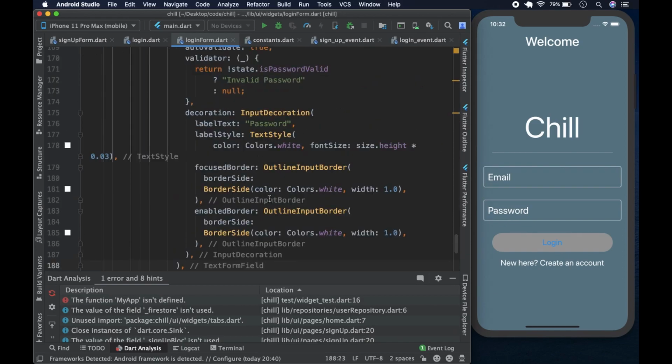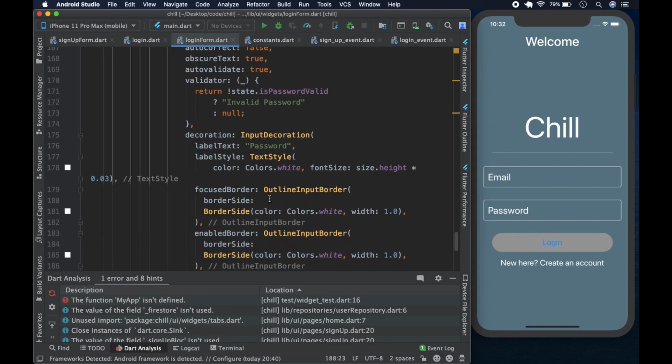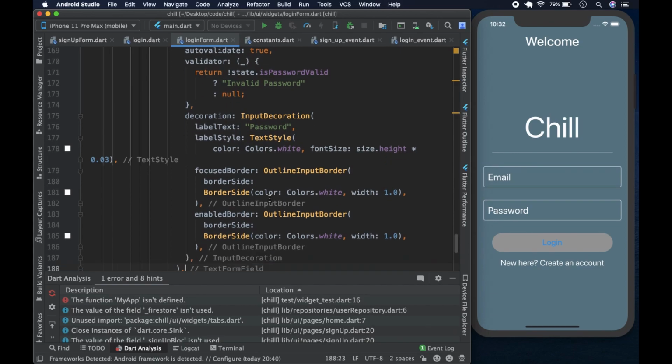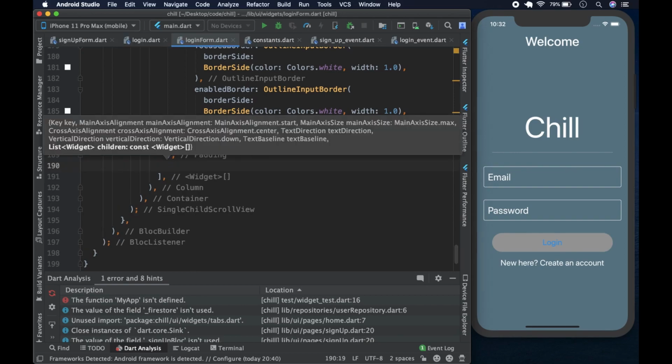paste it, and autocorrect should be false, obscure text, this is a password, true. The controller is the password controller. The return state, yes. The label is password. The text style is that. The input, we go all the way to the padding, and we can put a comma there. And after that, we need